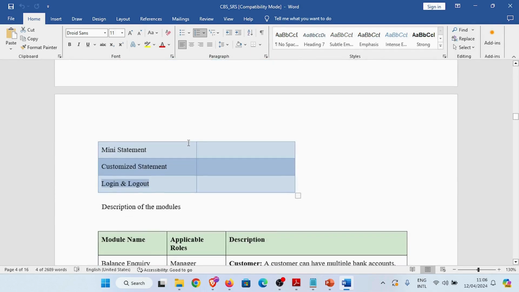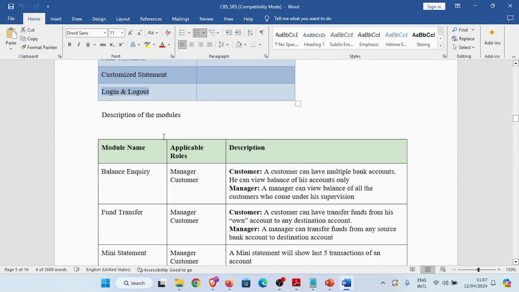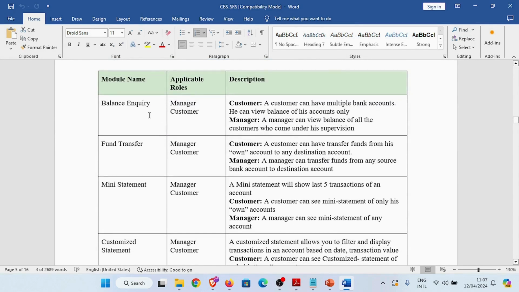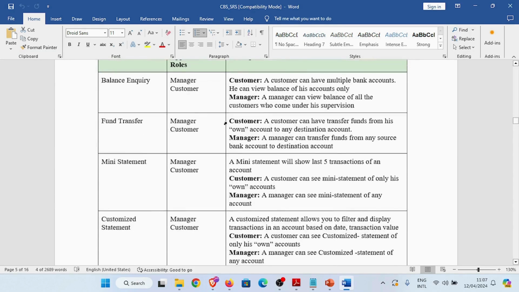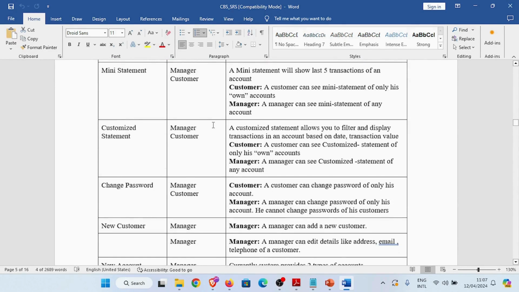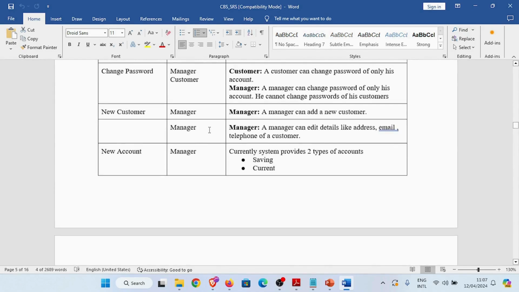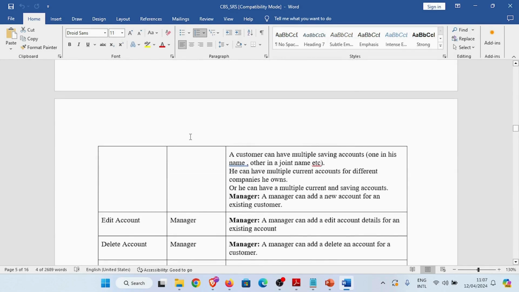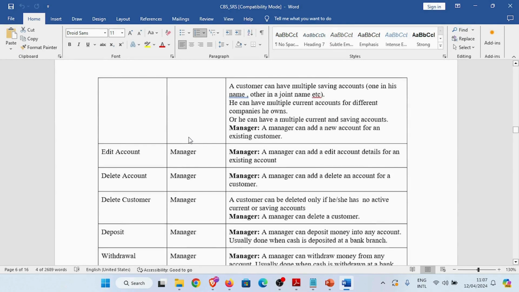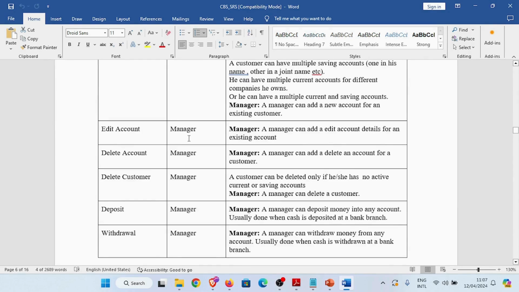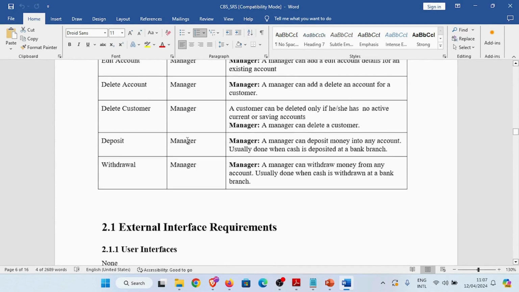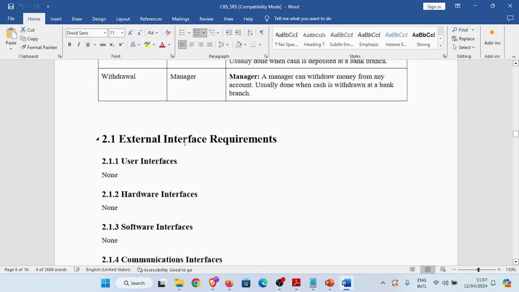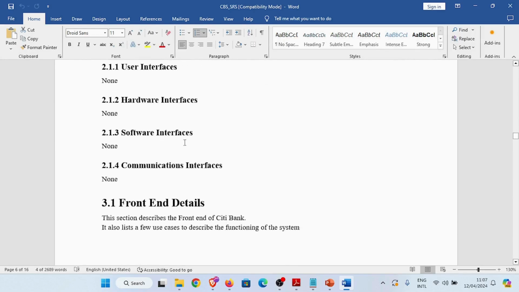So if you are going to browse this document, it contains all the resources: module name, applicable roles and a description, what the customer is doing, and what the manager's responsibility is in the balance query module, fund transfer, mini statement, customized statement, change password, new customer, new account. Like this, a detailed explanation exists. If you want to download this document, I am providing this template under my video. Just try to read this document to get good knowledge of a project